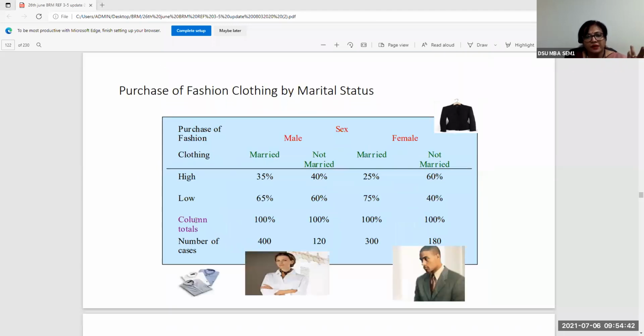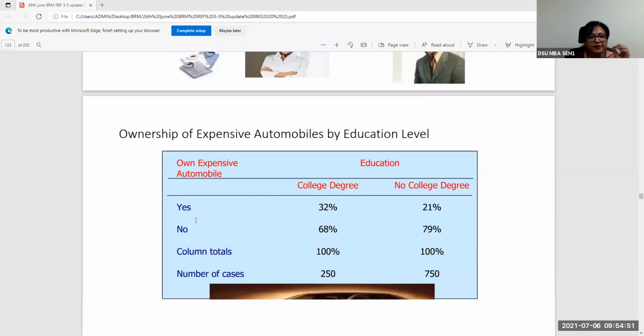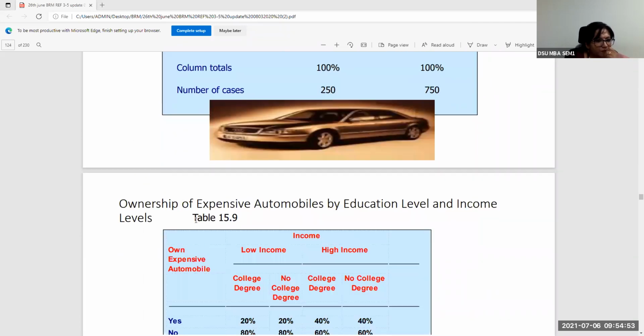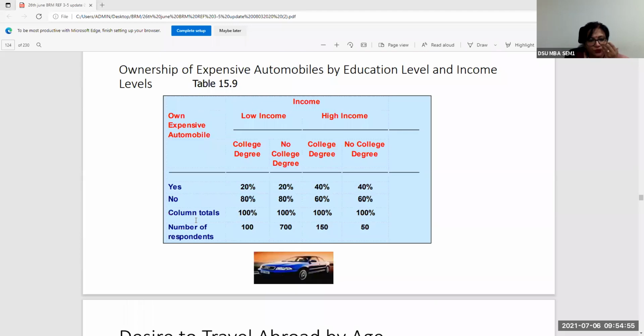These are again examples of multivariate analysis done on a cross tabulation, with three variables, types of variables, all of that. These are some examples which have been given to all of you. You can go through them, and also think about how, from the questions you have created in your questionnaire, you can start doing various kinds of bivariate cross tabulation and see if any meaningfulness comes out of it.